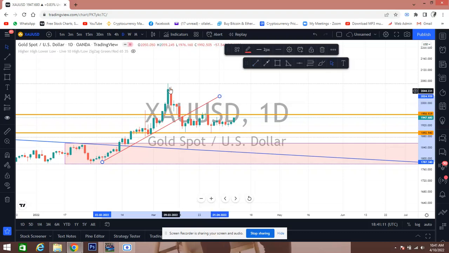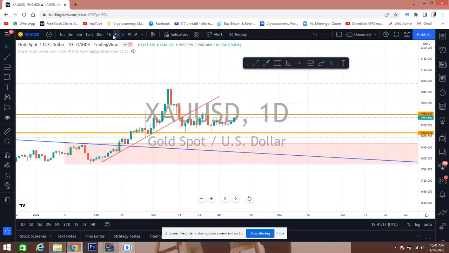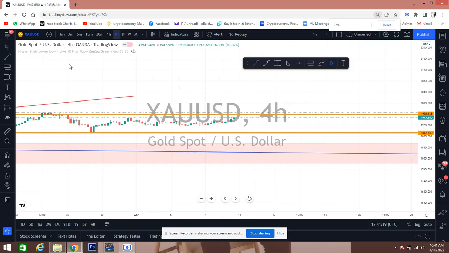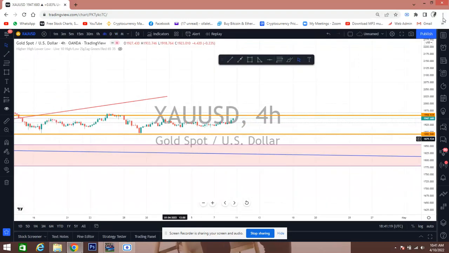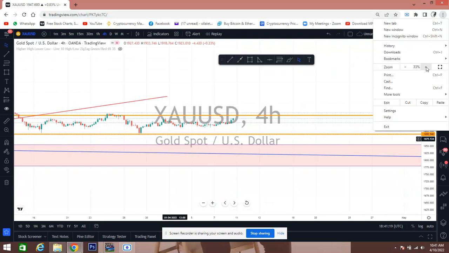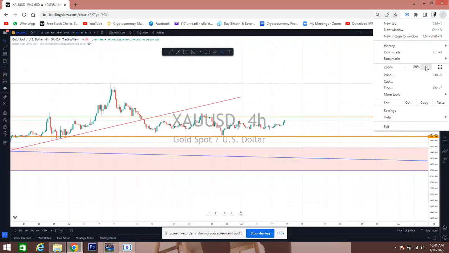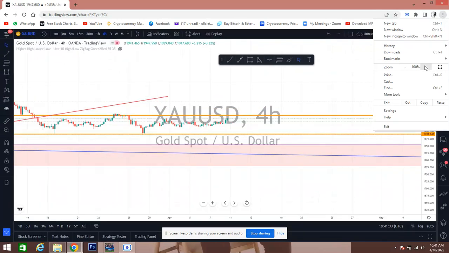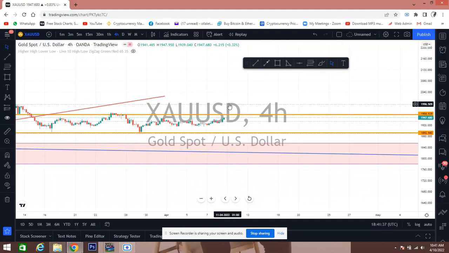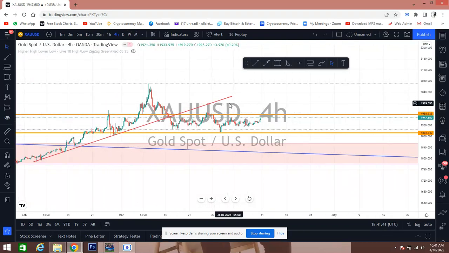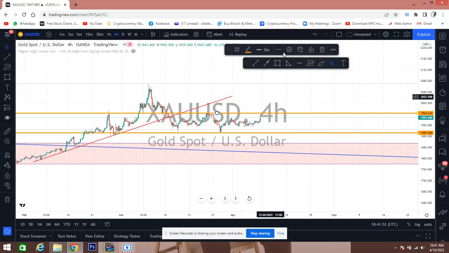That is, the trend has been broken. Here might be the retest, and here might be the retest. With this information, let's see what happened on the 4 hour time frame. See the 4 hour time frame now, in which price is still finding it very difficult to break this level here now. You can see this one. So price might get to this one again,